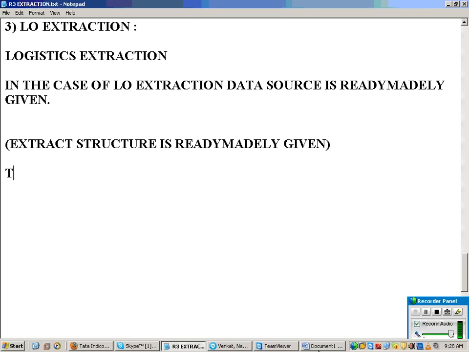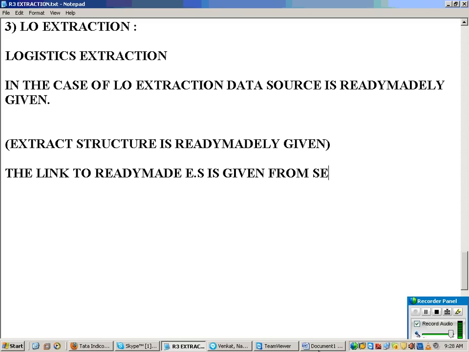The link to the readymade extract structure is given from something called setup tables. These are also readymade given. Setup tables are also, same like this only.